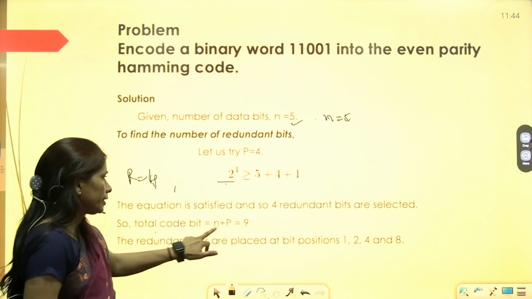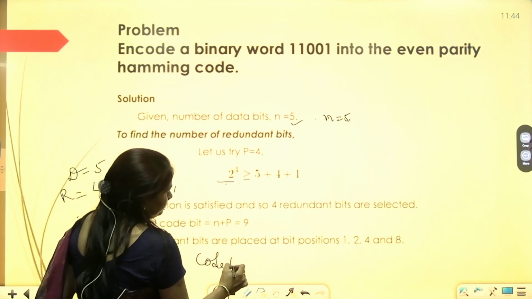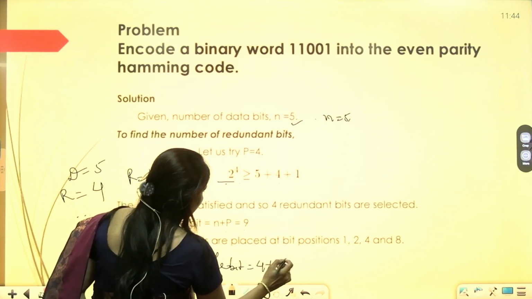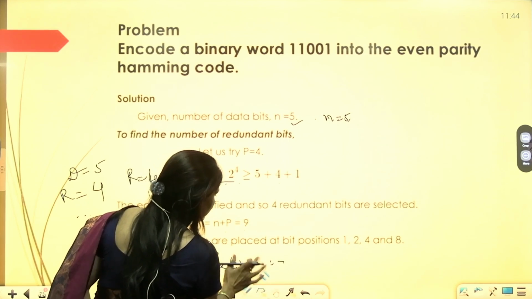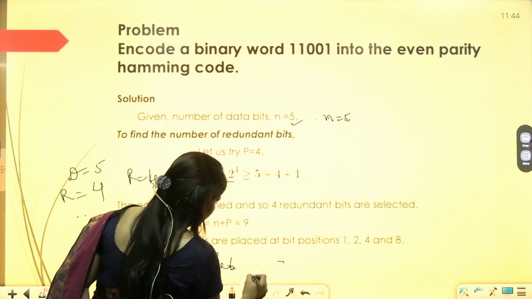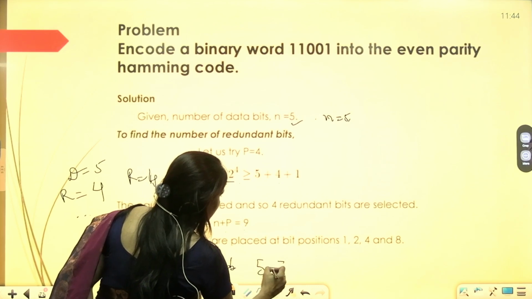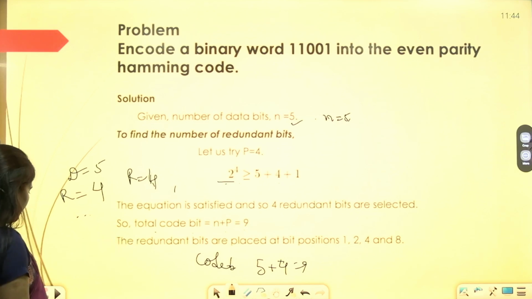So the total code bits is 9. Code bits equals 5 plus 4, where 5 is the original message and 4 is the parity or redundant bits. 5 plus 4 equals 9. Total code bits is 9.